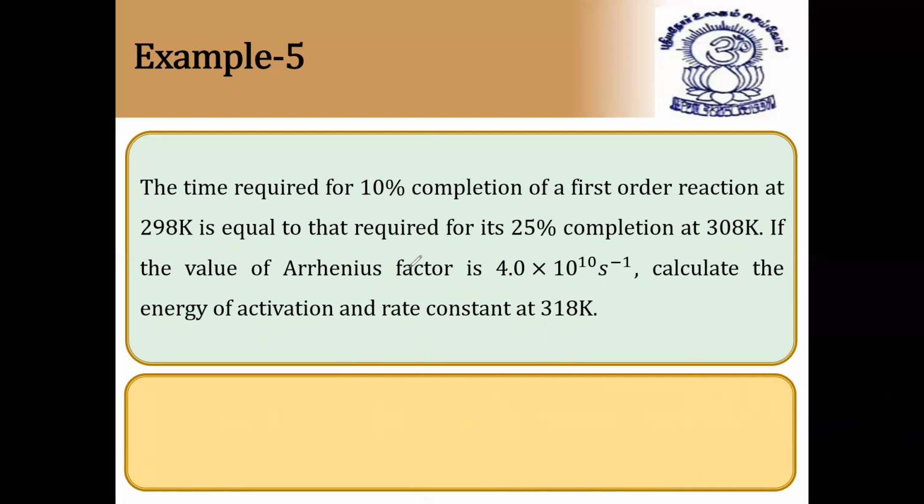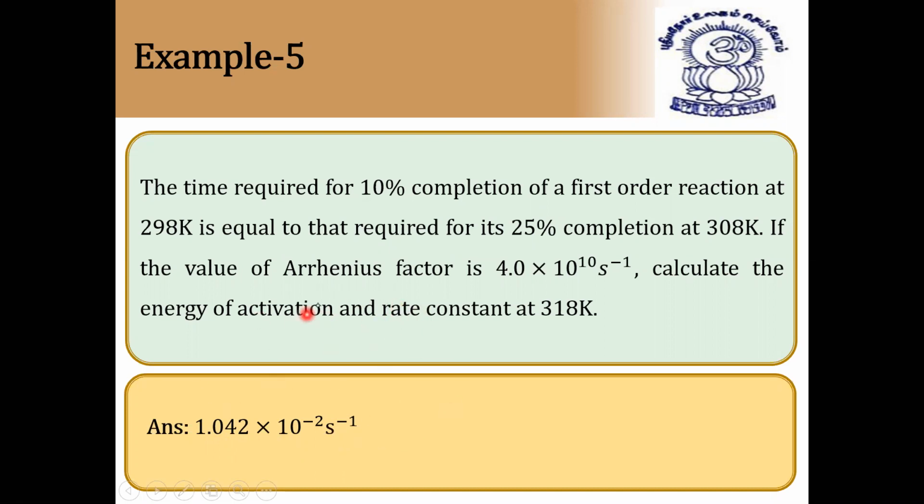So here they have given the rate constant value directly. So that we are going to discuss. We can see here. The rate constant value after calculating, you'll get 1.042 into 10 to the power of minus 2 second inverse. So this numerical, in this way you have to find.